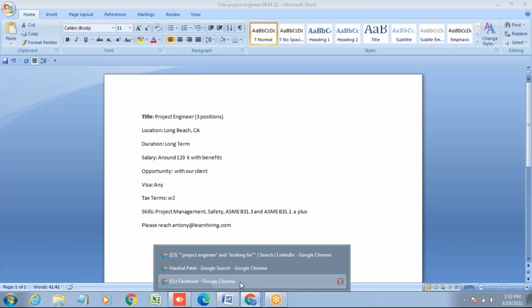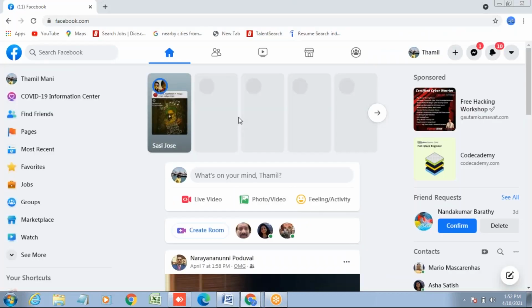Go to Facebook. Now we are in Facebook. Tamilmani has logged into Facebook, right? And here's the home page. You can see that this home button is highlighted here. Now, Tamilmani, click this see more button below.